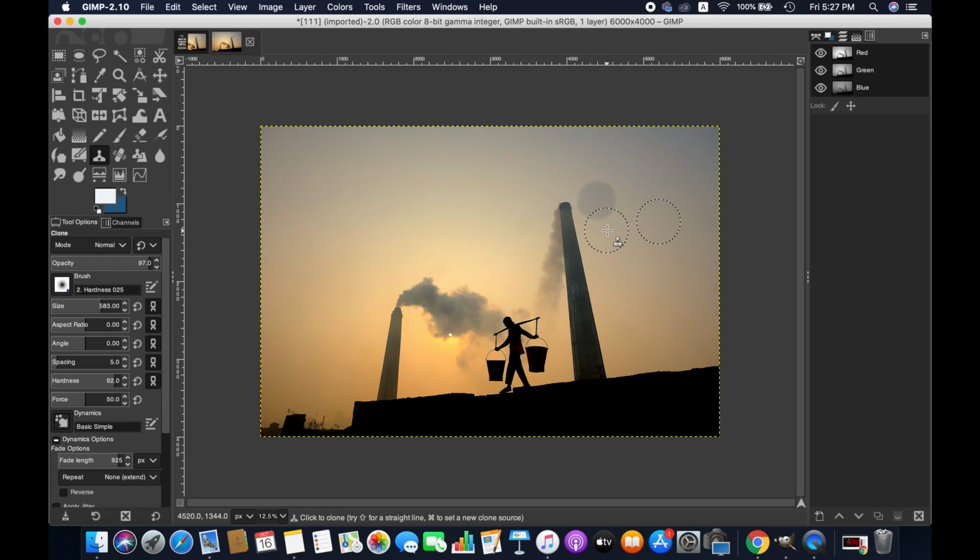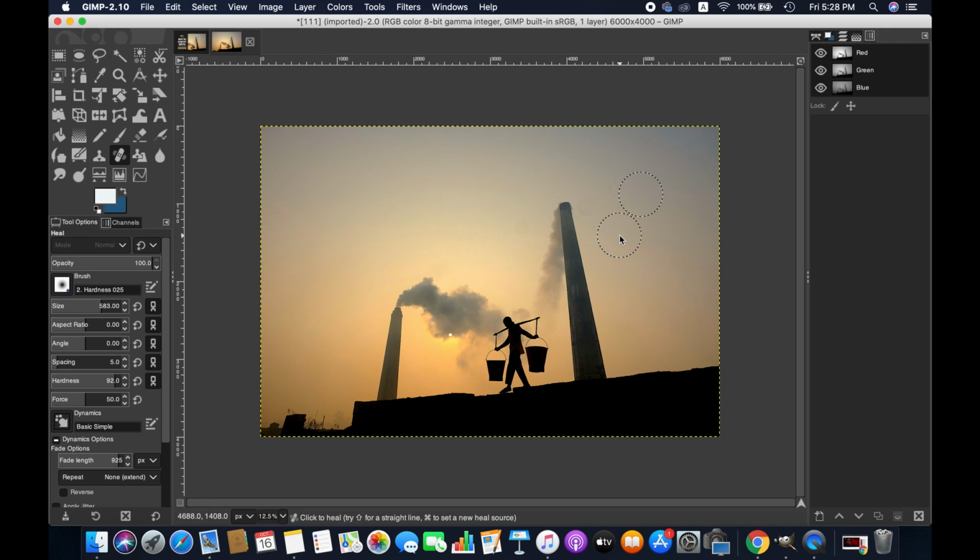Therefore we are going to use the spot healing brush tool in order to get a better result. So I'm going to undo this by using Command and Z, and then I'm going to change the brush. I would not change anything here because I think everything, brush size, hardness, everything is alright. So what I need to do, I need to copy the pixel source again by holding the Command key, and I think we need to take pixel from somewhere here. Yeah, and then I'm just going to click over this spot.